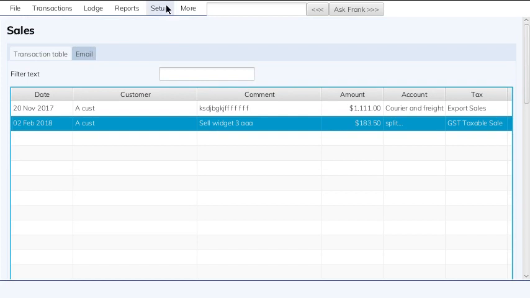That's all there is to importing your data from the cloud version